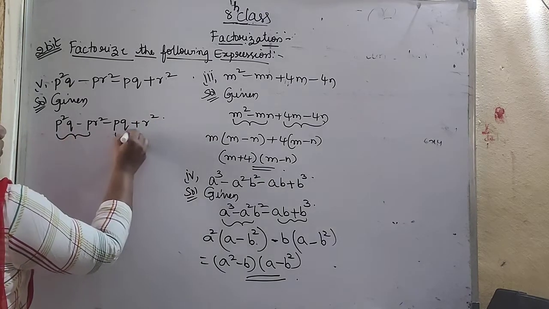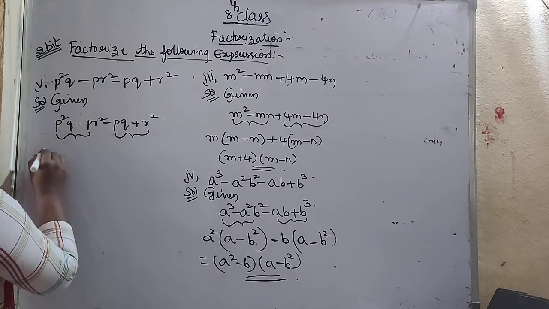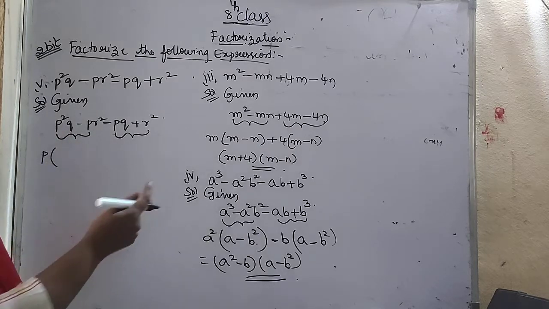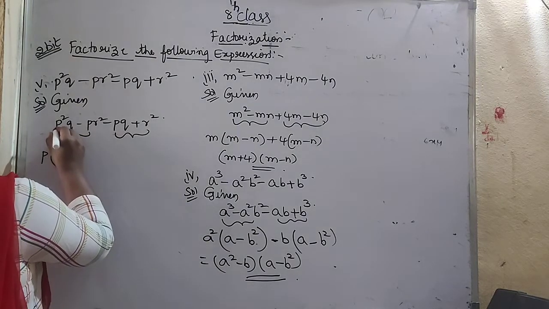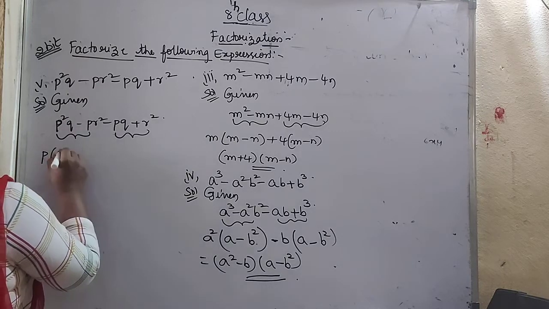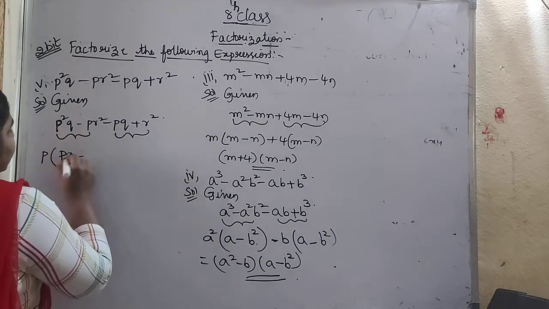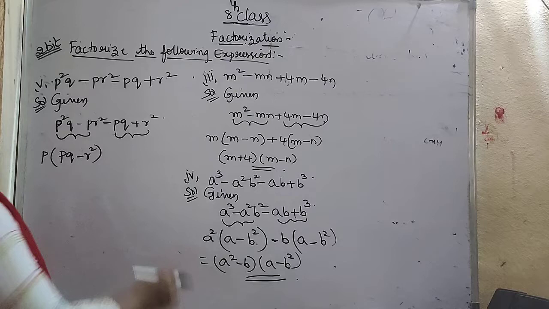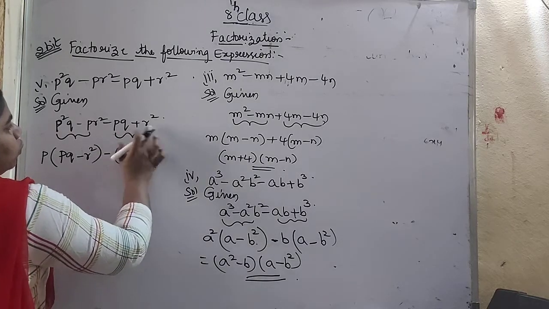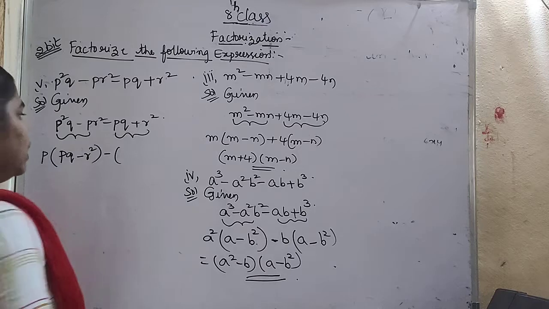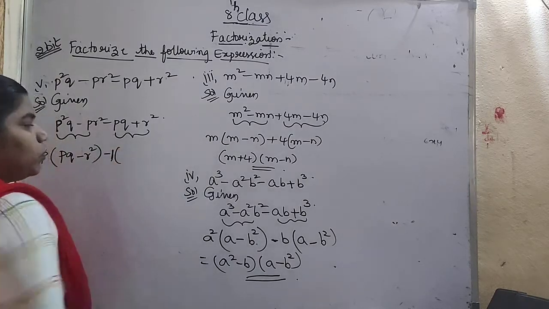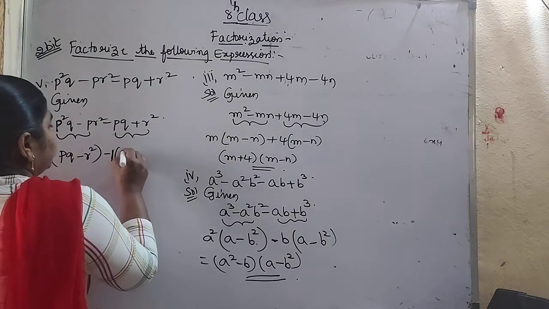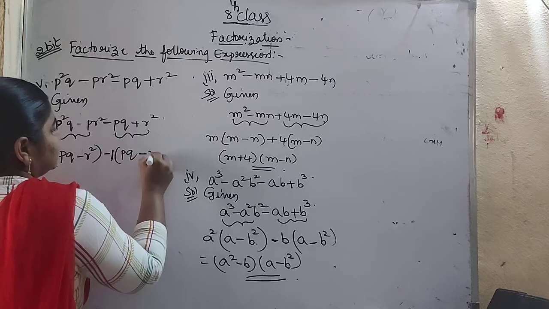If you take these two and these two, what is common here? Only one p is common. Here p square is there, here p is there. So p is common, because in p square you will see p. So what is remaining here? From p square, if you take out one p, only one p will be remaining. q as it is. Already we have taken p as common, r square is remaining. Now in these two, no common factor is there. So 1 will be the common value. Always 1 will be the common value if you are not seeing any common terms there. So pq, minus into plus will be minus r square.